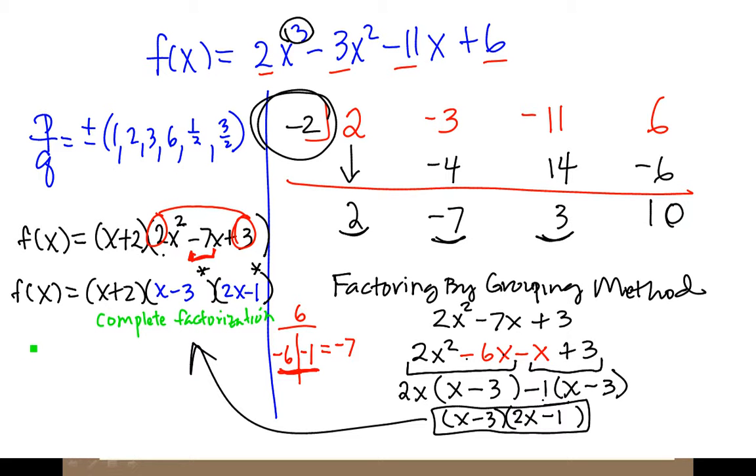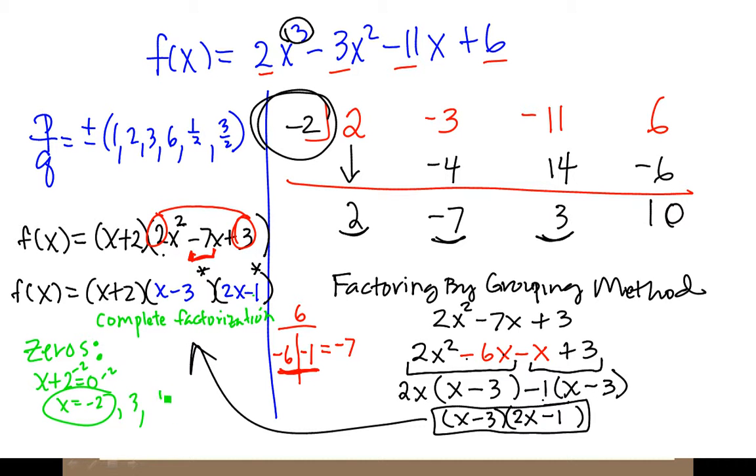Now, if you were asked, what are the zeros? You would set each one of these parentheses to 0 and solve for x. For example, set x plus 2 equals 0 and solve for x. You'll subtract and get x equals -2. So that's a 0. You will also set x minus 3 equals 0. What would you get if you solve for x? You will get 3. And if you set 2x minus 1 equals 0 and solve for x, work that out,